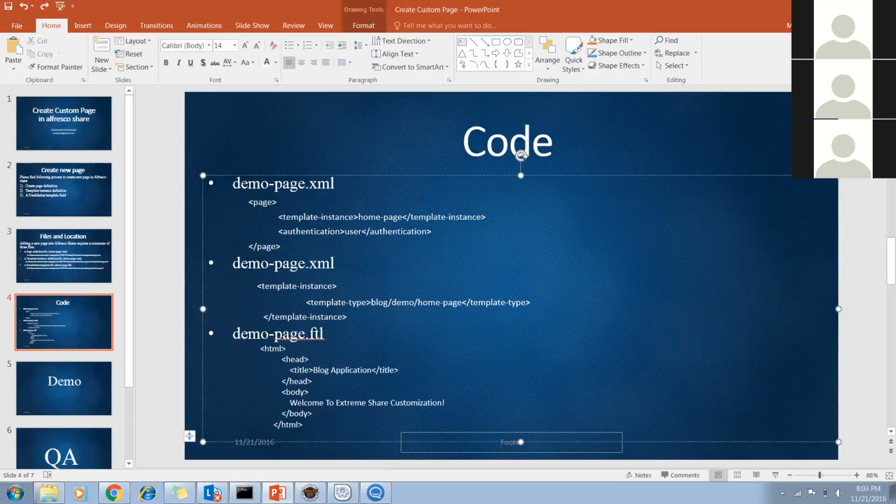First time I showed you a very big code for the page definition. I showed you this is the component, this is the instance type. I am just taking a very small code to show how to create a page in the Fresco shell. So this is simple code. You should have a page tag. Under the page tag, you have the definition of your template, and whether you want to authenticate it or not. That's the 2 lines.